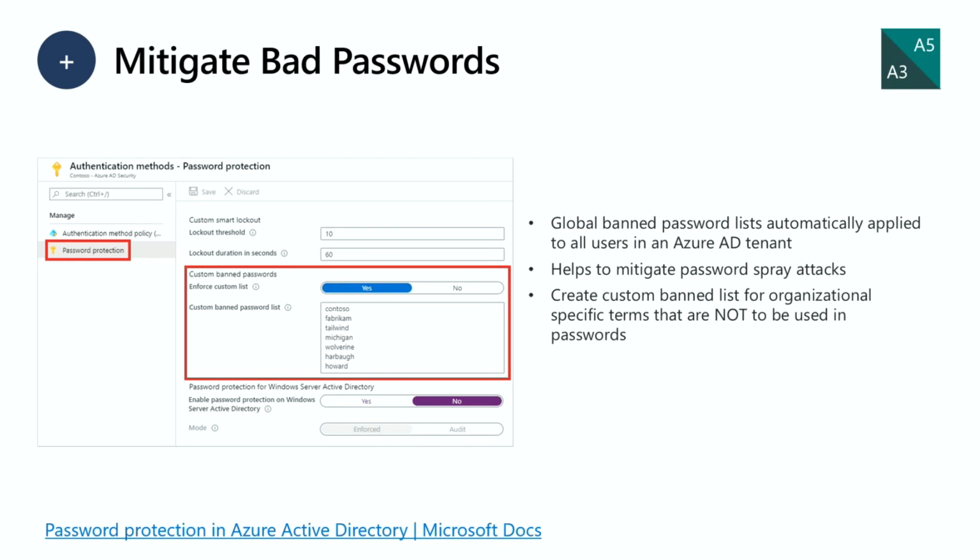And a little bonus here too, we have our password protection. So you do have access to the banned password list. You can go in, create your own custom list for common passwords that may be used in your environment, different spray attacks, and help block those so that people aren't using password with a 0 and a couple $signs and other commonly used passwords that might be relevant to you, maybe the school mascot, something along those lines. So quick, easy capability you can leverage there.